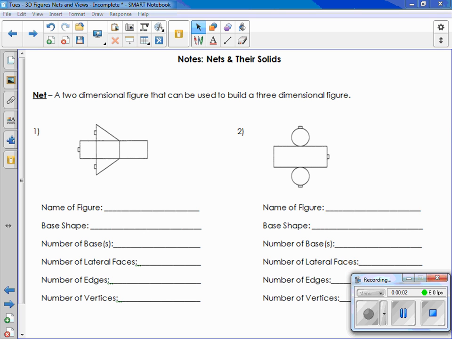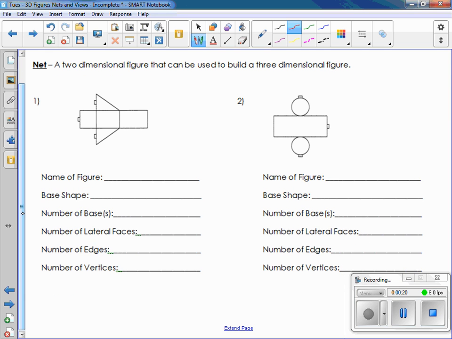So in this video, we're going to talk about nets and the 3D solids that we talked about in the last video. So just remember, a net is when a three-dimensional figure is laid out flat into a two-dimensional figure, and we can use that to build that figure or to figure out the surface area